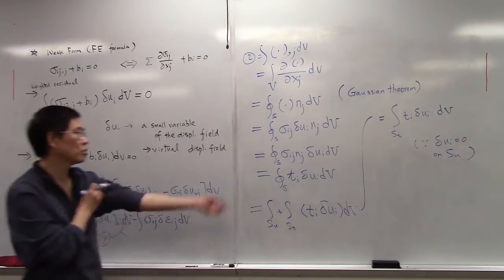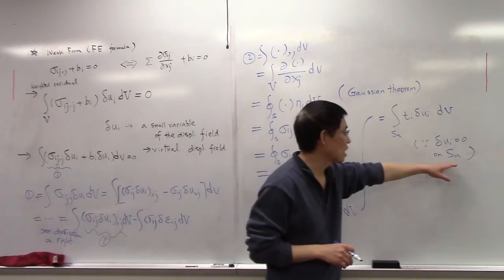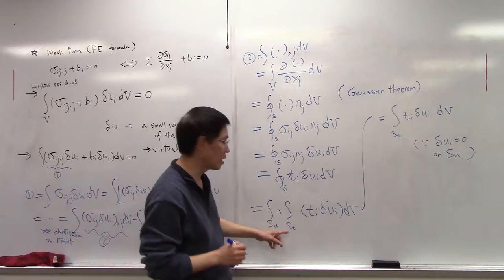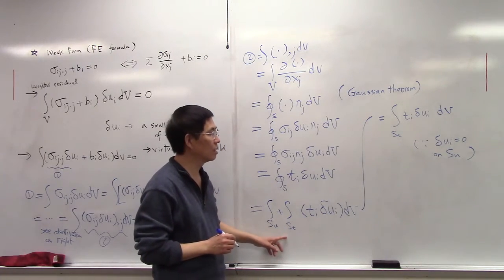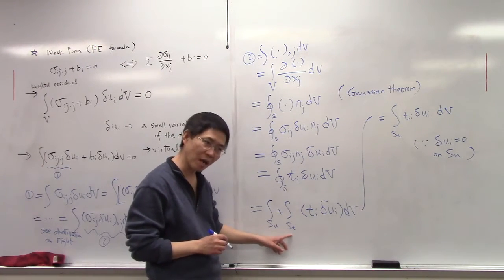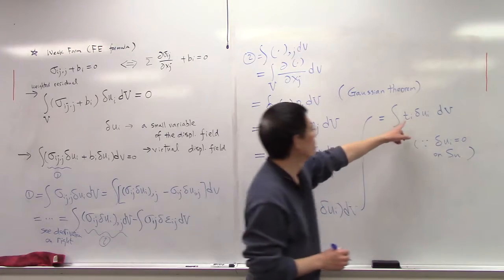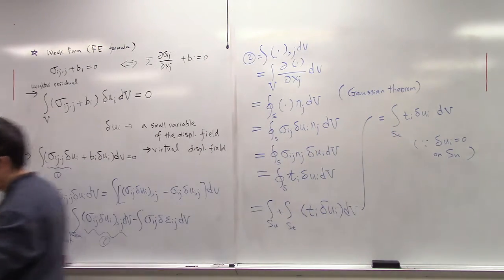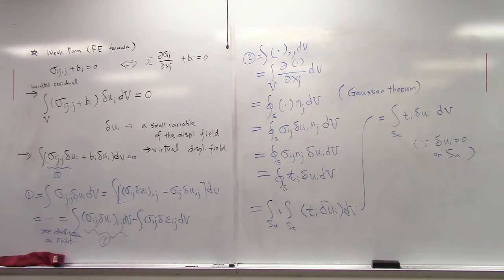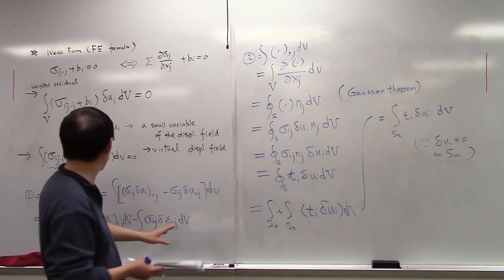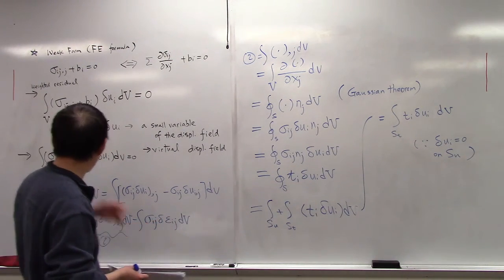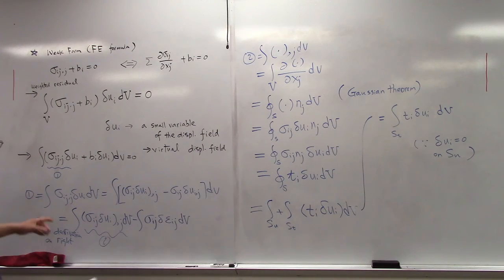The weighting function must be 0 on the essential boundary condition. So the integration at the end is only non-zero on the traction boundary. Okay? Alright, now when we put everything together here, this is equal to that, which is at the end, let me see here. This